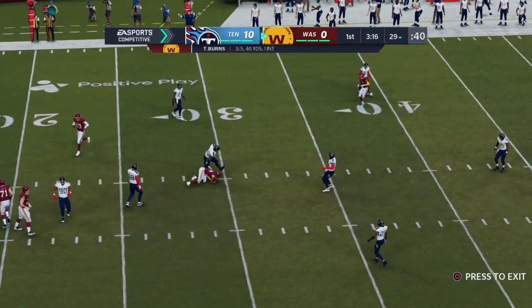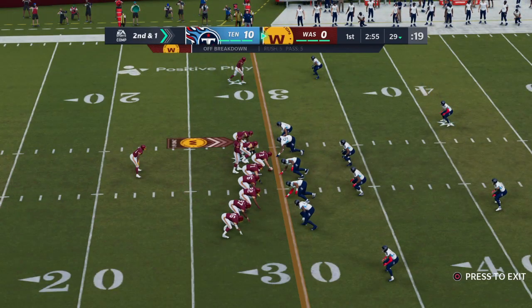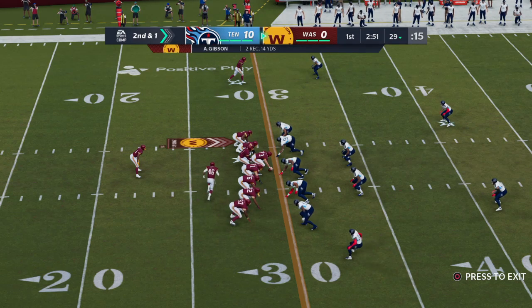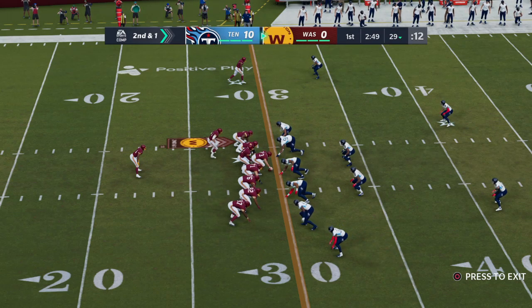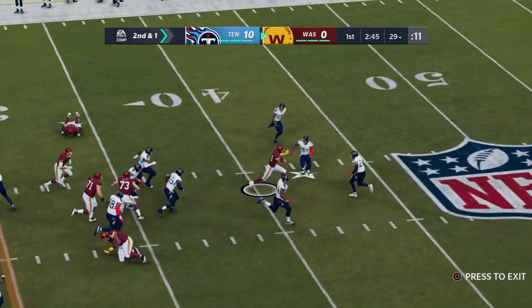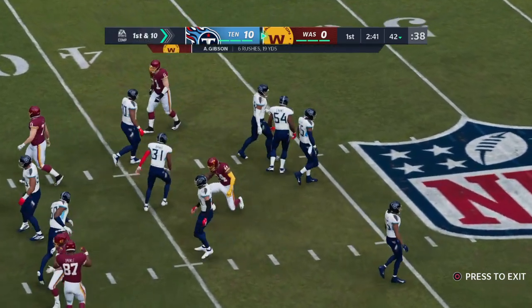And he'll get this to Antonio Gibson, complete. And this will leave him a yard short. Nice pickup of 9 yards on 1st down. Brings up 2nd and a yard at the 29-yard line. On 2nd down now, it's Gibson, and they get him down, but not before he takes it across the 40-yard